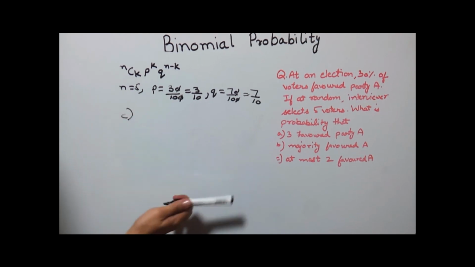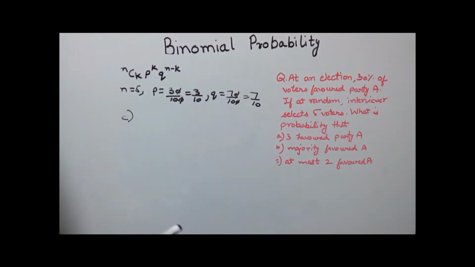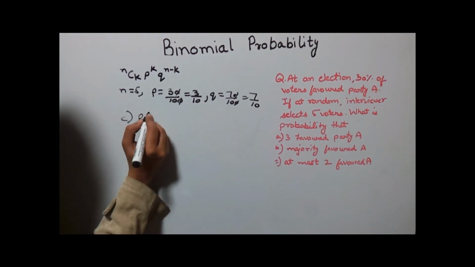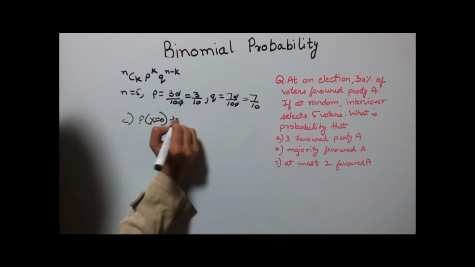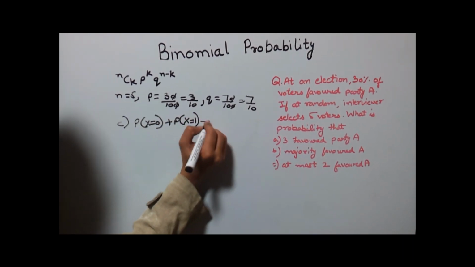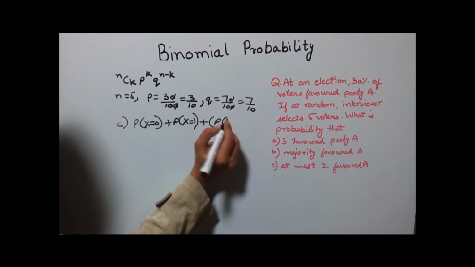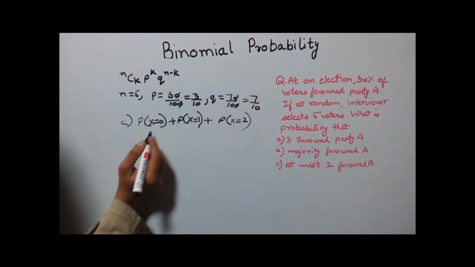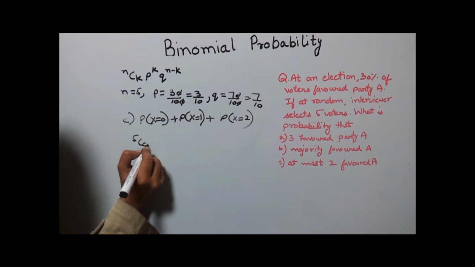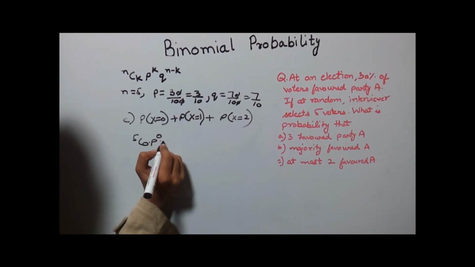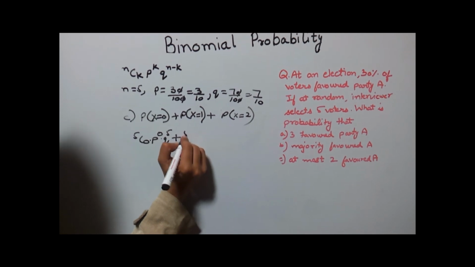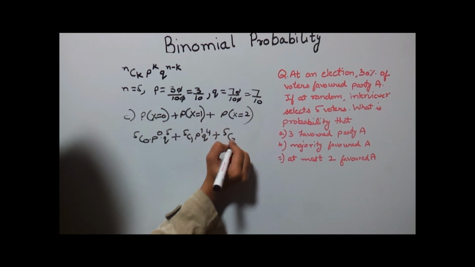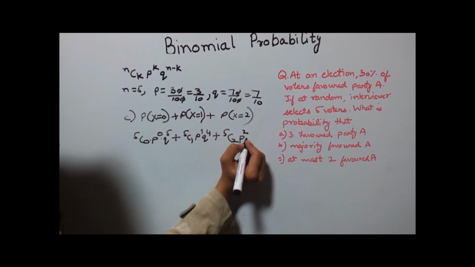Here in the third part it has been asked at most 2 favor A. So at most 2 means either 0 favors, or 1, or 2. So we need to find the probability of x equals 0 plus x equals 1 plus x equals 2. Putting the values, here x is 0. So we get 5C0 into p to the power 0 into q to the power 5, plus 5C1 p to the power 1 into q to the power 4, plus 5C2 into p to the power 2 into q